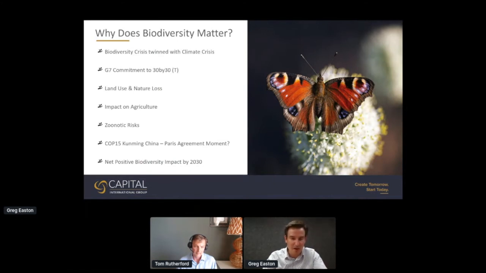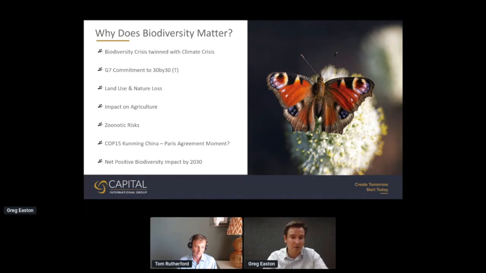Just to put that in context, we've now seen significant economic impact from the pandemic, and these zoonotic risks can be linked back to biodiversity loss and that link between one species and another species, our invasion into nature, causing a pandemic that has massive